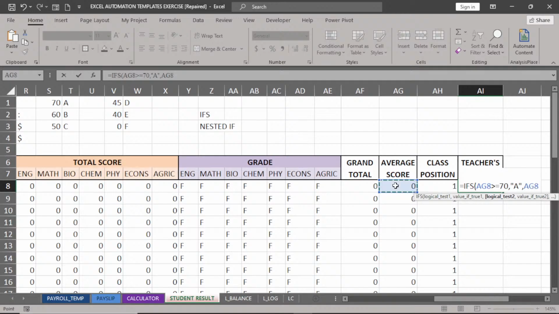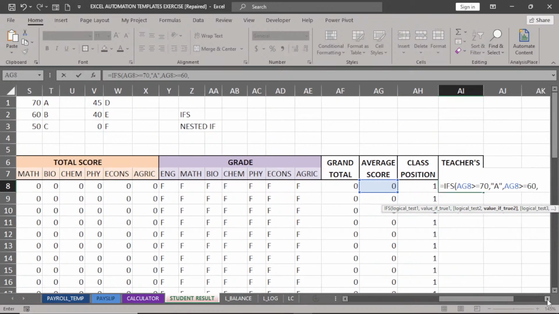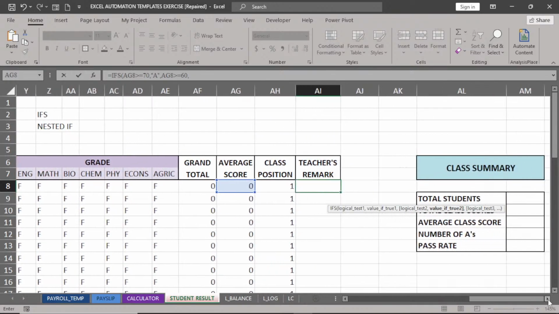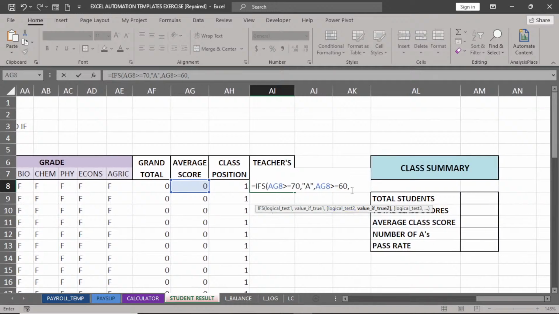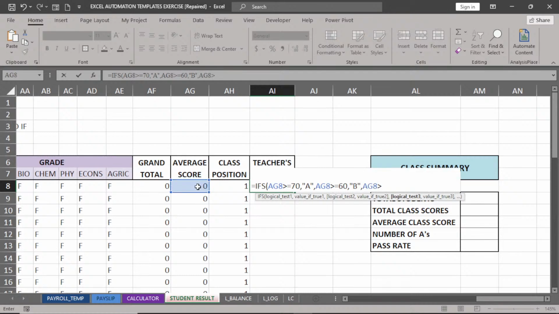Then, if this is greater than or equals to 60, comma, let me move forward so that it will seem to be on the same line. Now, if that is so, give me P, comma, then if this is greater than or equals to 50, comma, give me C,